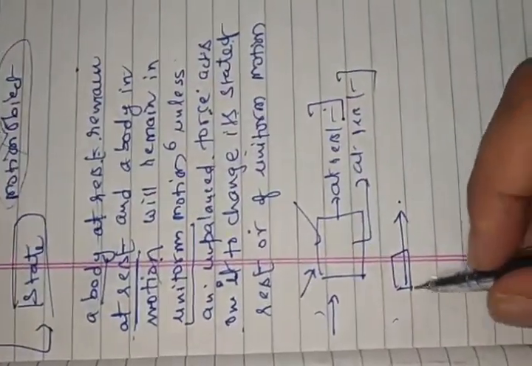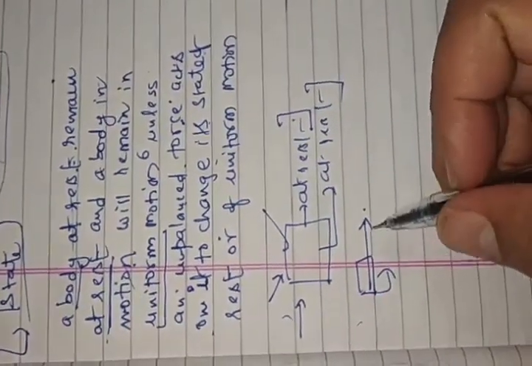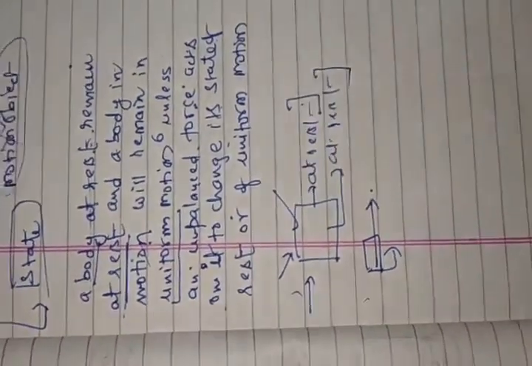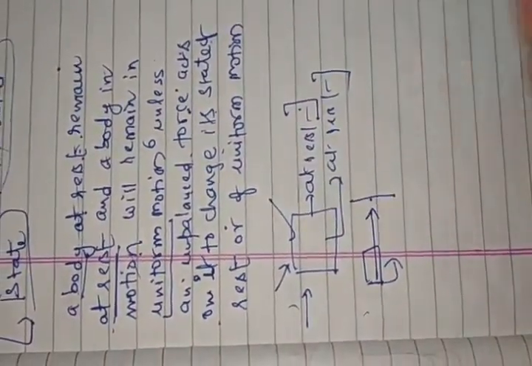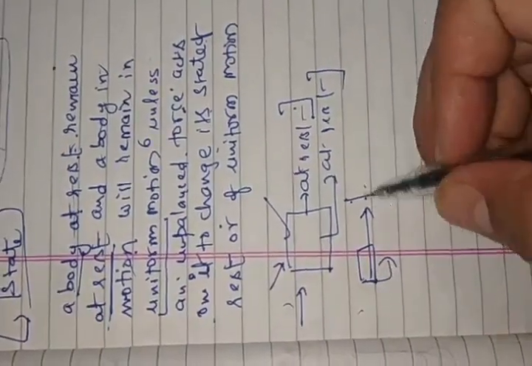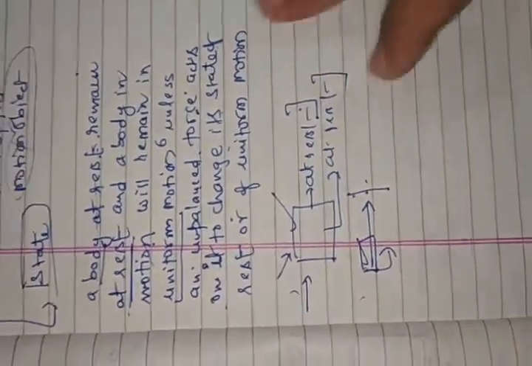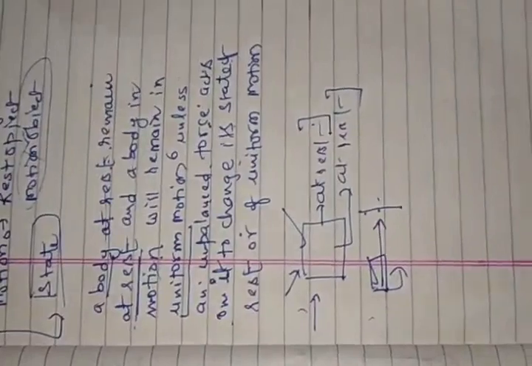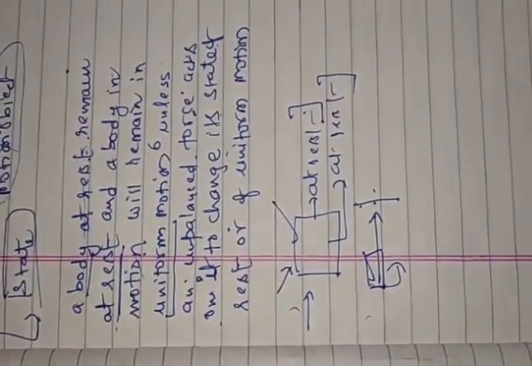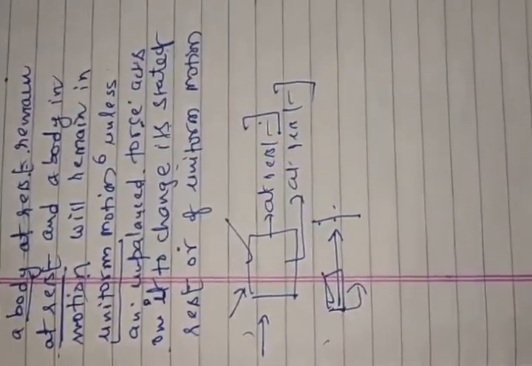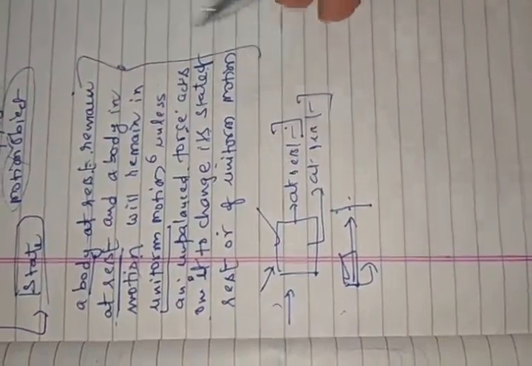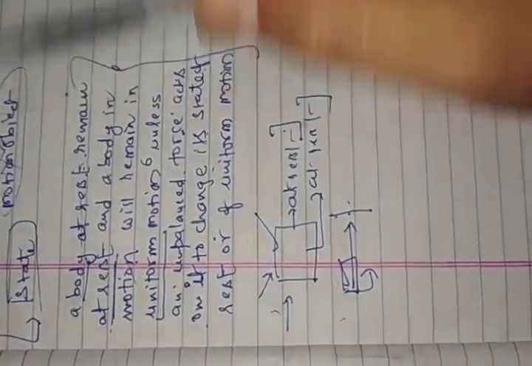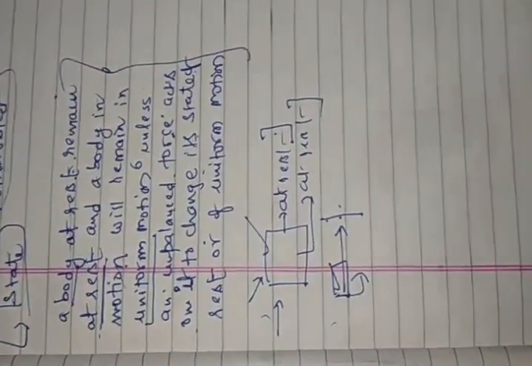And the second thing you can include: if a body is in motion, it will remain in motion until you apply some external force or put a barrier in front of it to stop it. So the simple meaning is, a body will remain in motion, or a body will remain at rest. You cannot change either position without an external force. This is the exact and real meaning of Newton's first law, and you have to revise and learn the same thing here for the examination.